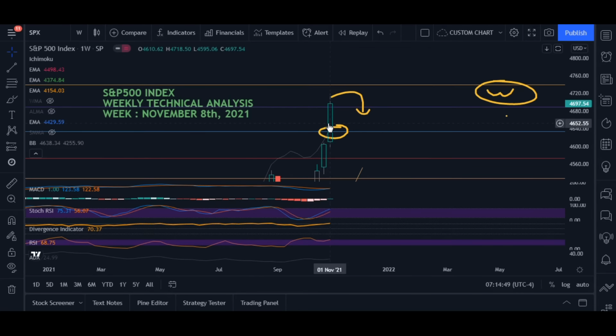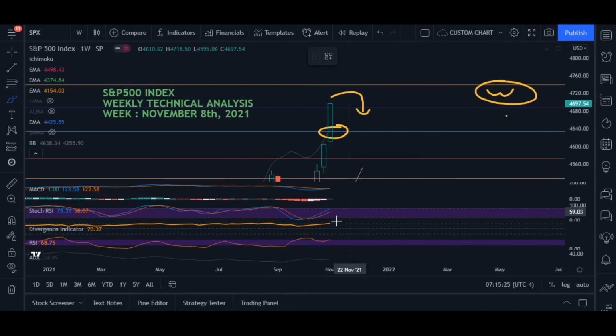So it is bullish, but that does not mean that the market is going to move up. The next candle may be bearish, or it may be a very small candle, which means if the market comes into consolidation, then it will be a very small candle. Anyways, it is a marginally bullish MACD. Stochastic RSI is bullish, because the K channel is 75 and the D channel is over 50. So K is over D, and so it is bullish.